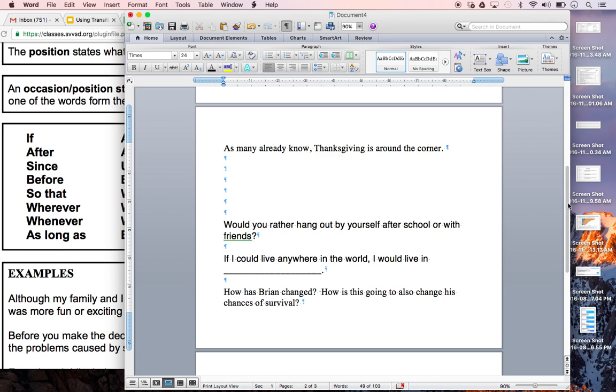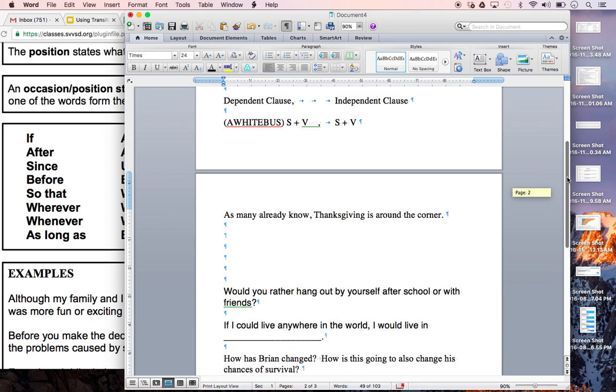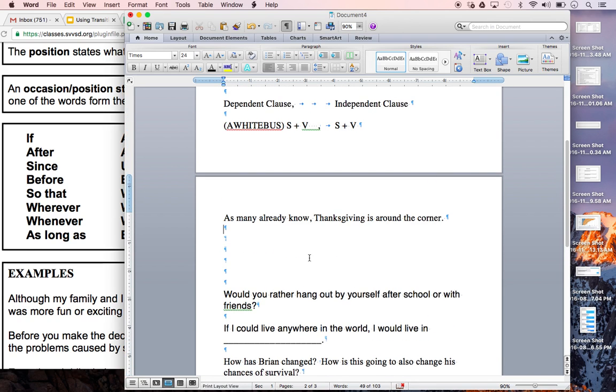Before I do, I want to show you one more thing. Remember, we're writing a complex sentence, and that means we're going to start off with a white bus word, and when we're done with our dependent clause, we're going to put a comma down. But here's what I've noticed. People that have not figured out what the independent clause is, they don't put the comma in the correct place